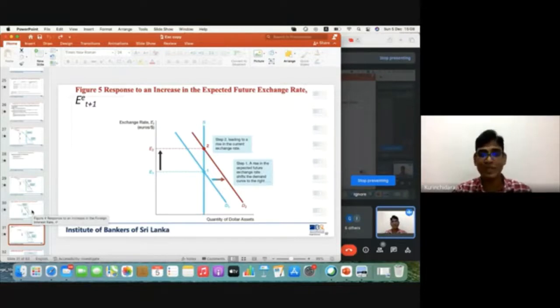So when you demand more, the exchange rate will appreciate in the short run, because it's an expectation. You put it today itself, but you are thinking it will be a future phenomenon, and based on that you increase your demand today itself. So in the short run, the exchange rate may appreciate, but we don't know what will happen in the future. It's a future expectation. In the short run you will have an appreciation, but in the long run you can again have depreciation,